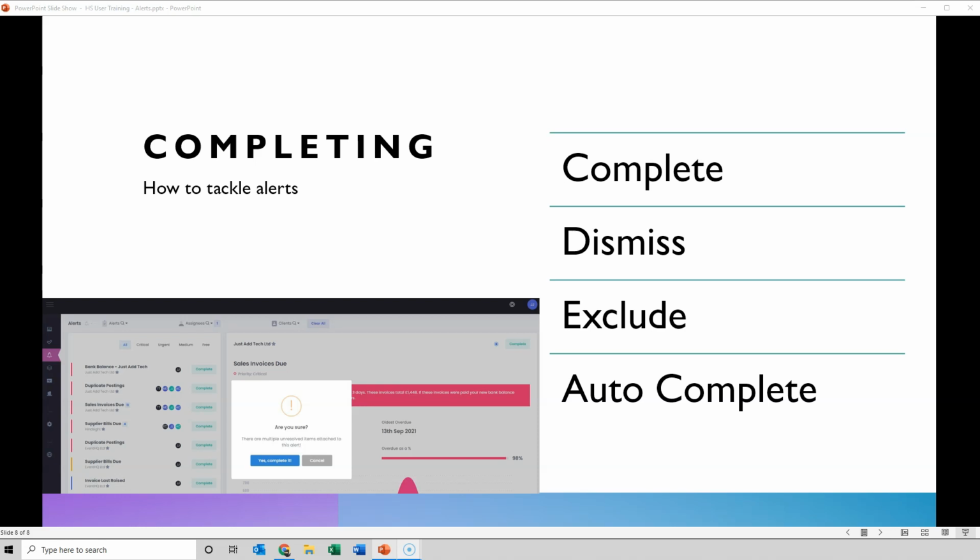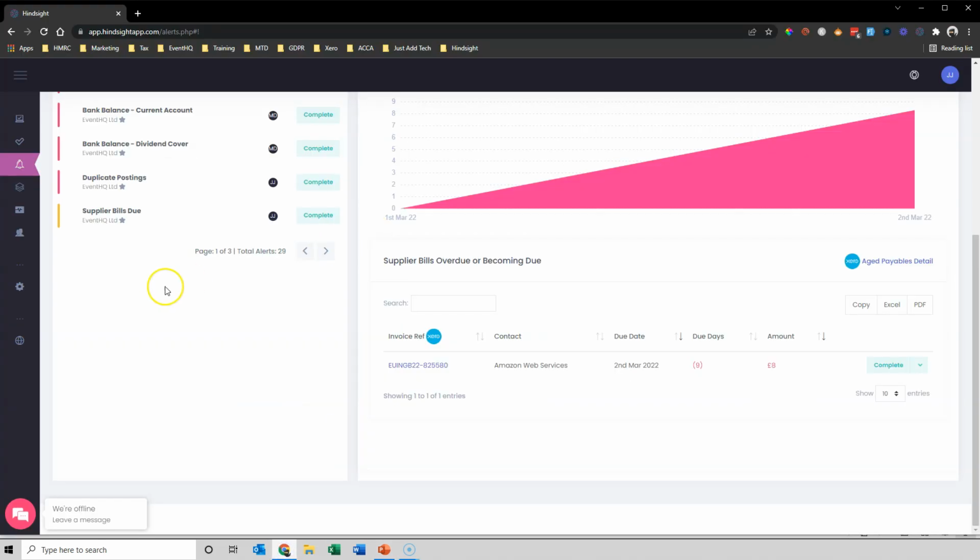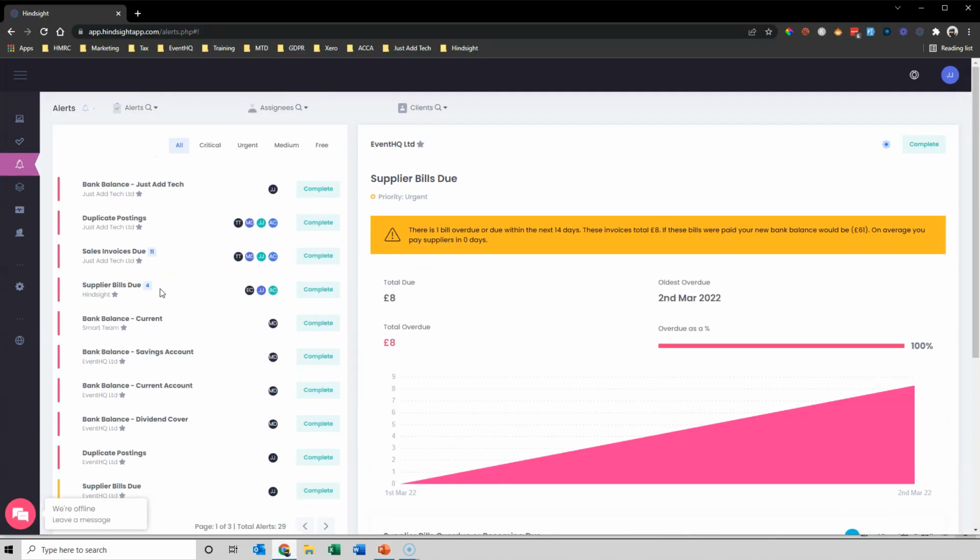So the first time it gets flagged up, even if it presents 50 instances of it, on the first one, if you hit the exclude contact button from the drop down, it will allow you to take Amazon out for any future checks and balances for that client. The final item to just kind of flag up is autocomplete. So what autocomplete does is, when we run the checks every day,